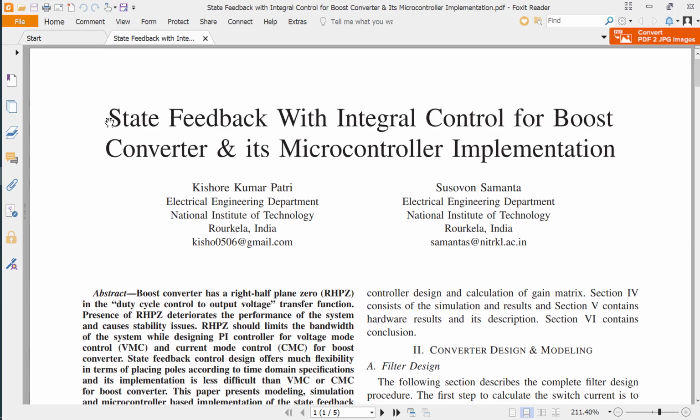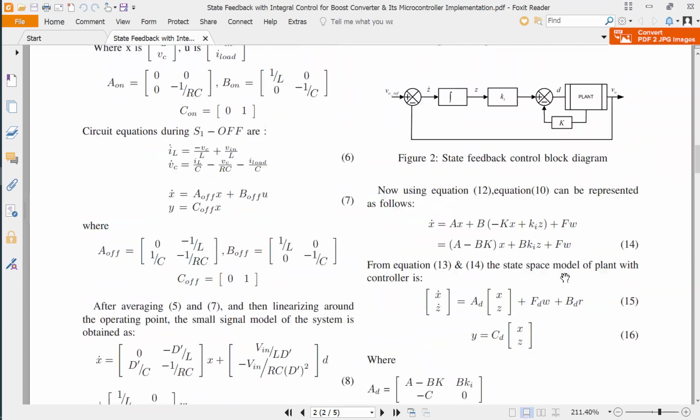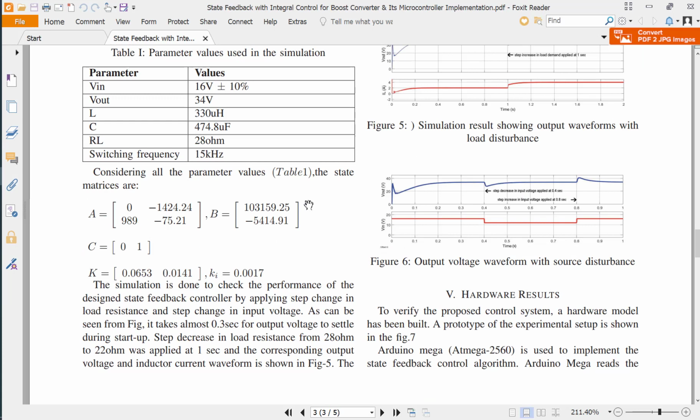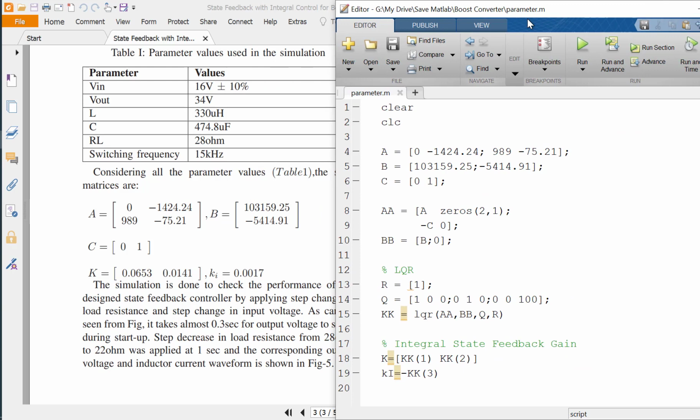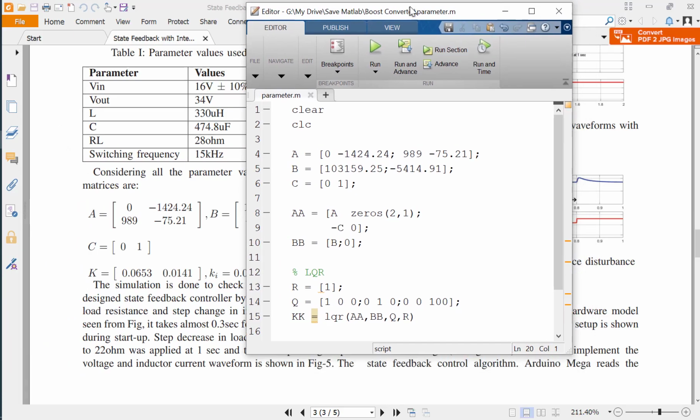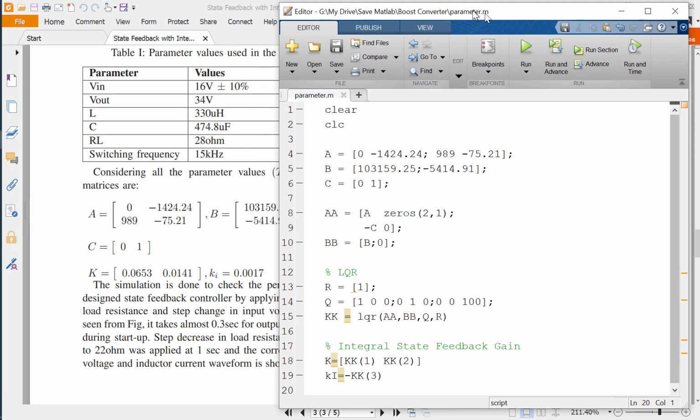You can find this article in IEEE Xplore, or you can use another system model. I use this article because there are model values here, so I don't need to calculate this A, B, and C matrix again. In this article there is a system model, so I just write these values into my MATLAB here, the ABC, and then I design the controller here.